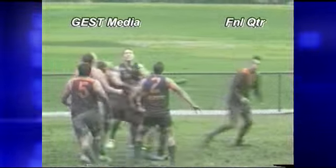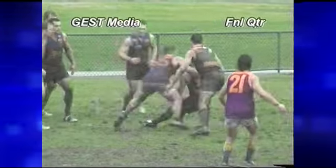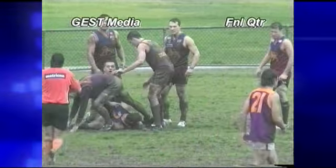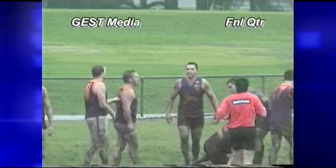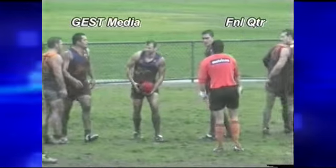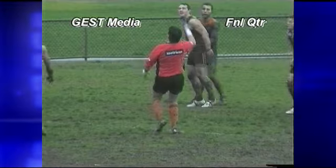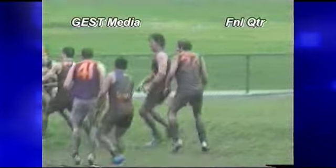Big pack of players around the ball. Ball comes to ground. Oh, there's a high tackle on Pickett, not paid. Now they're appealing for holding the ball. I think he's battling to get one there, Eric, somehow or other. So I thought pretty high tackle in the first place, but got away with it as Gage didn't contest there